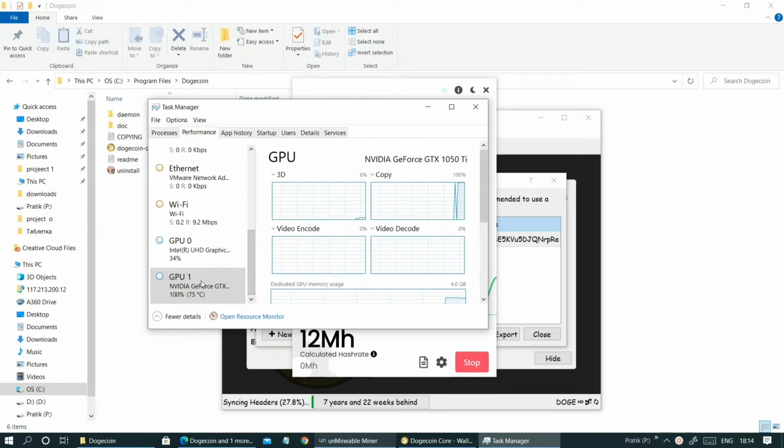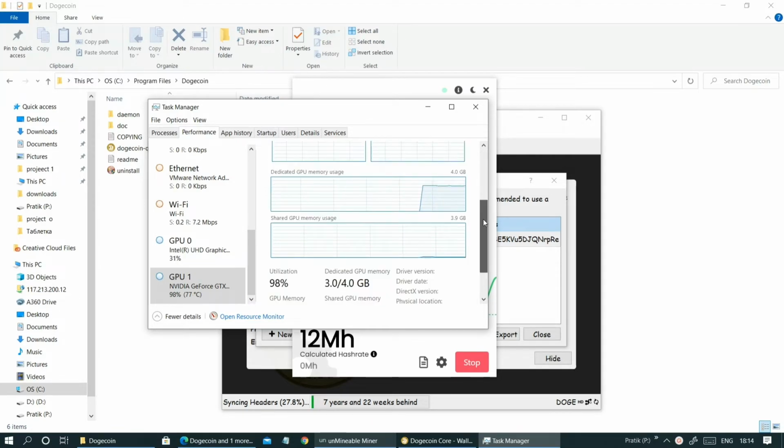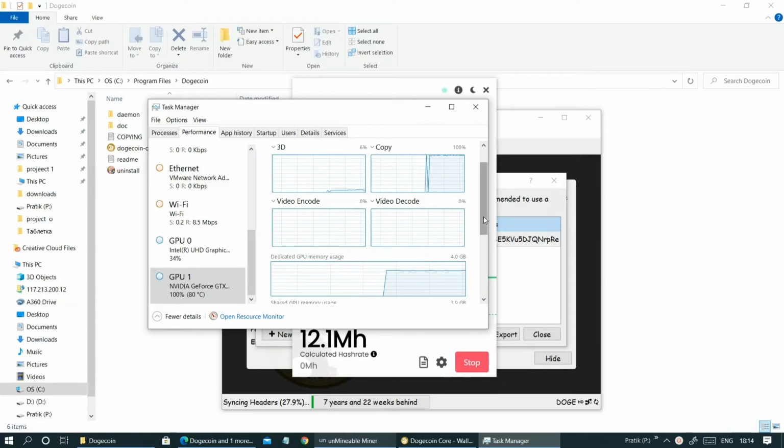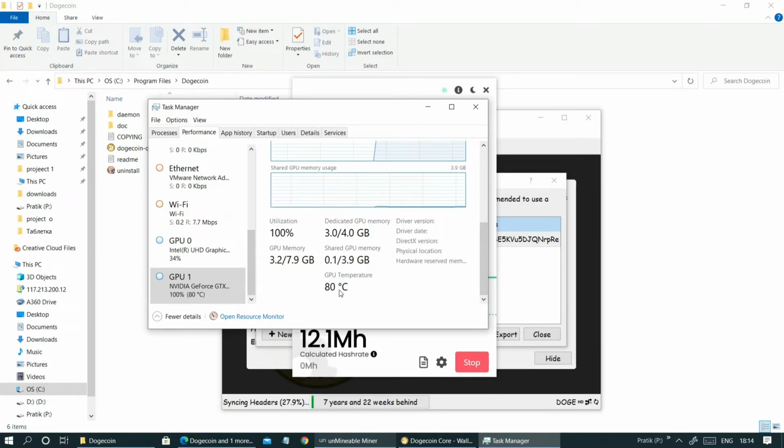Here you can see I am using NVIDIA GeForce GTX 1050 Ti, and now it is using 100%, and it is taking 3.23 GB out of 4 GB, and its temperature is also increasing. It needs lots of energy for mining, so definitely your laptop, if you are using a laptop, will get heated.